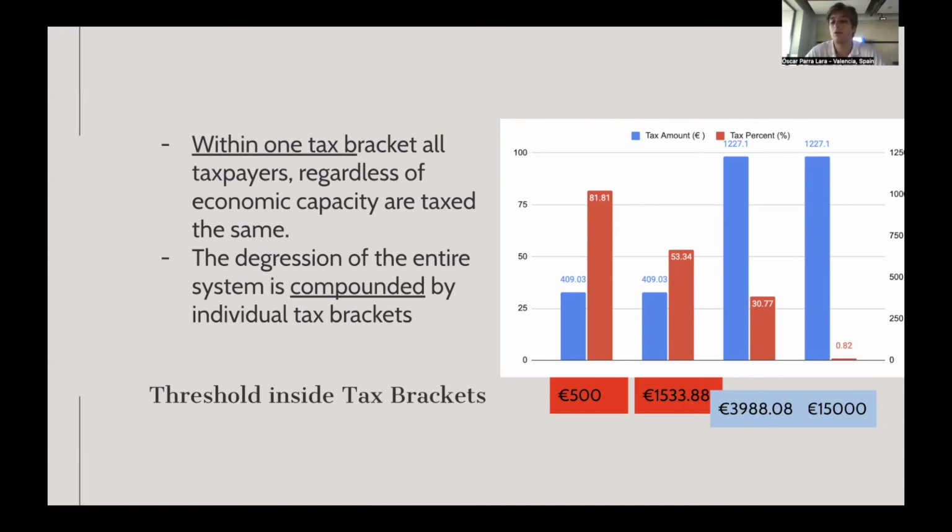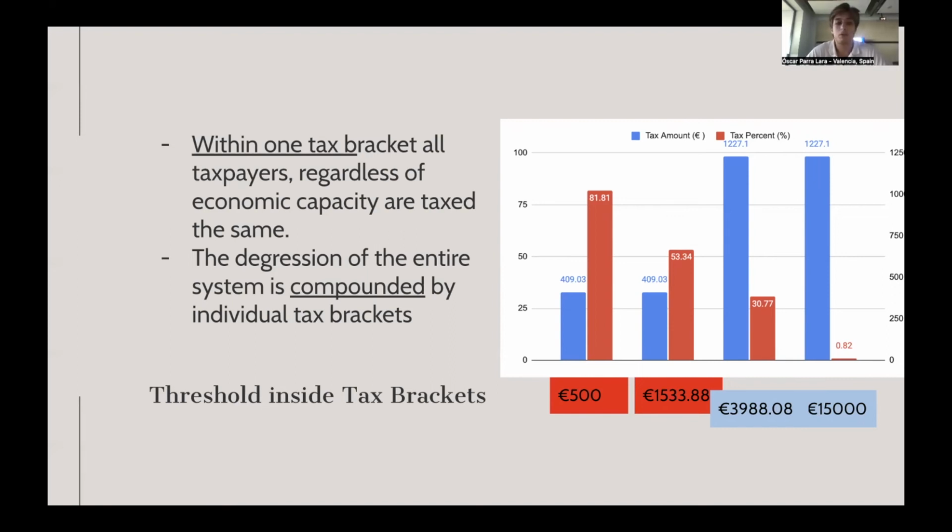They pay the same absolute as the one that's 15,000. However, the difference in tax is huge. You could see the compounded effect of how the tax bracket was designed. While on the lowest end of this highest tax bracket, they pay 30%. Those that pay 15,000 only have to pay a little under 1%. And imagine if the secondary rent was 30,000 or 40,000, it would just compound the percentage even lower.